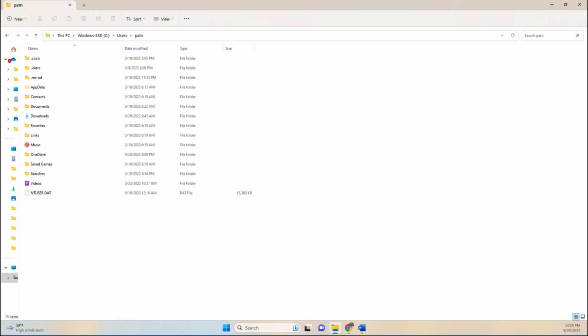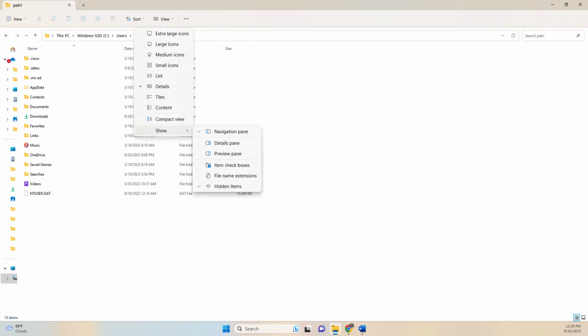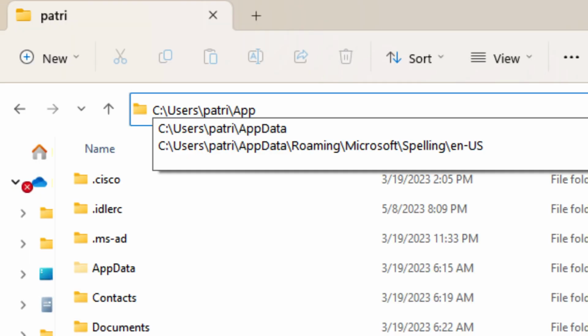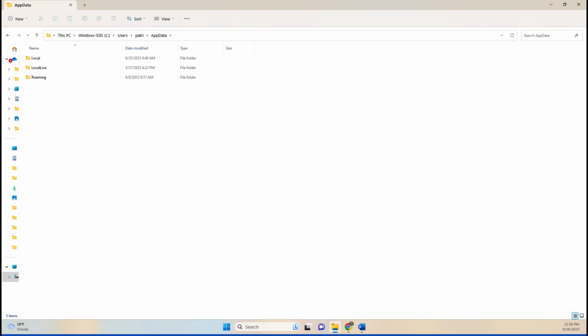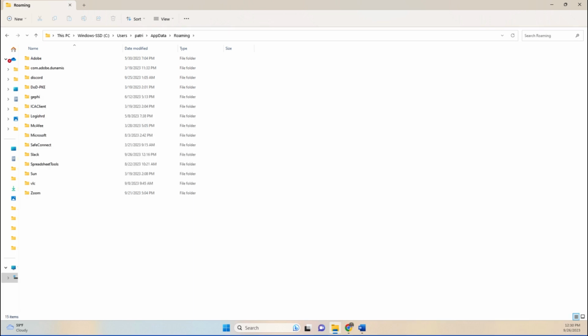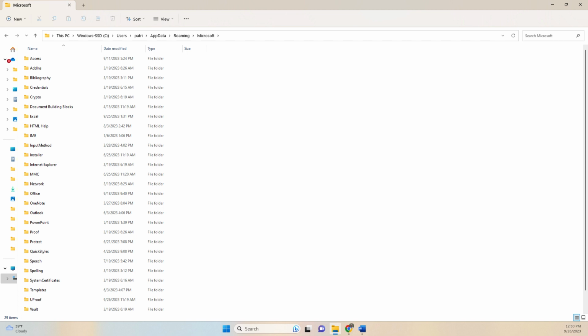If you can't see a folder called App Data, then you can enable hidden icons by using the View menu in the folder. Alternatively, you can simply type it in the address bar like I'm doing now. Once you're in App Data, click on the Roaming folder, the Microsoft folder, and finally the uProof folder.